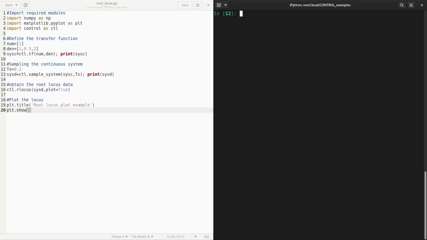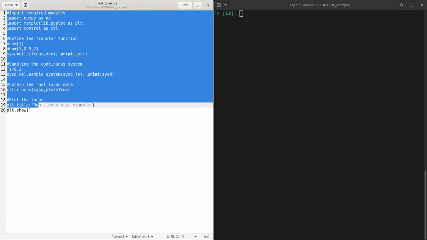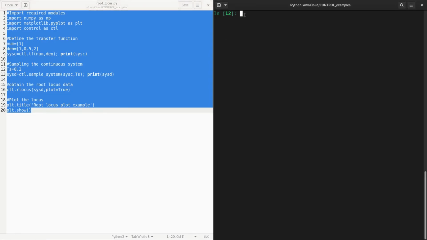So now if you want to run this file rootlocus.py, what you do is run rootlocus.py.